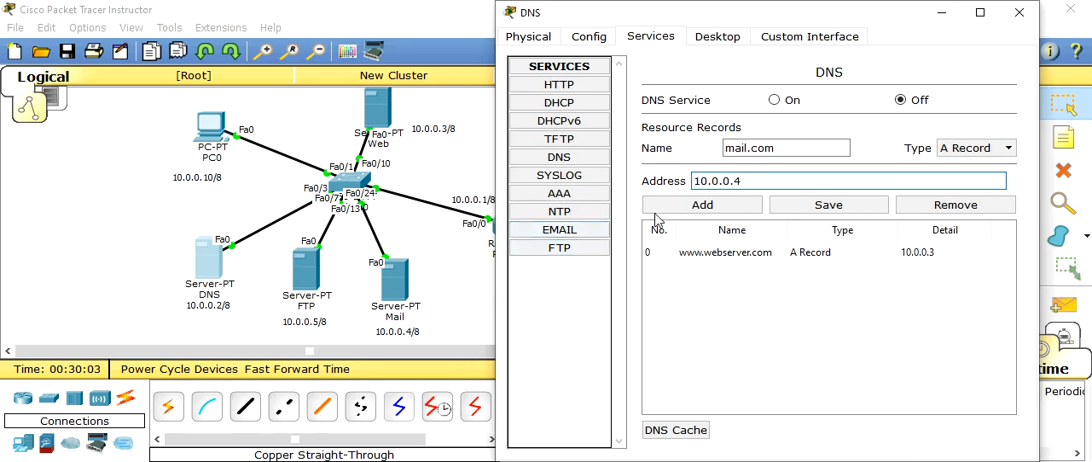Okay, and add. The last one is the FTP server. www.ftpserver.com, and the address of the FTP server is 10.0.0.5. Okay, add. In case you need to update any one of these